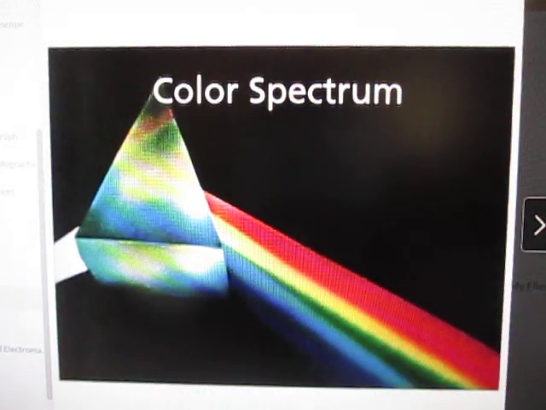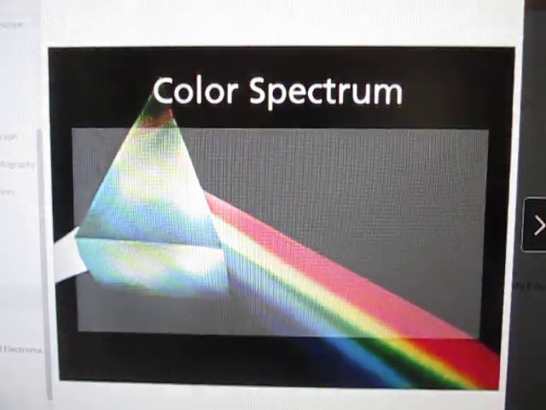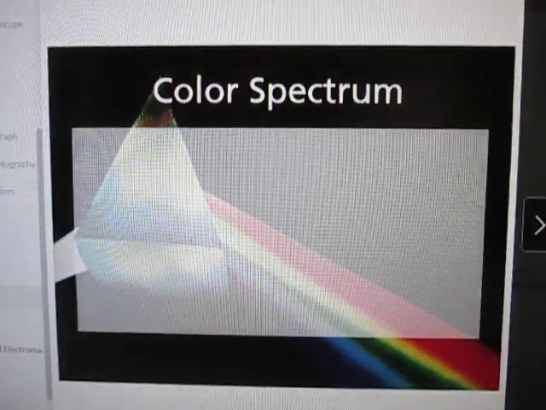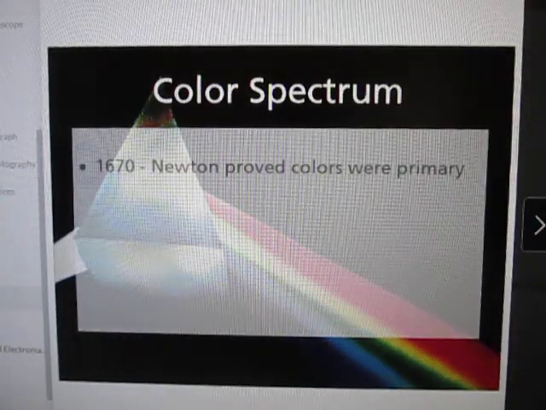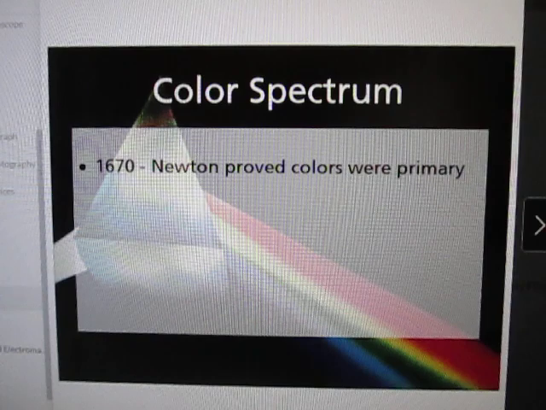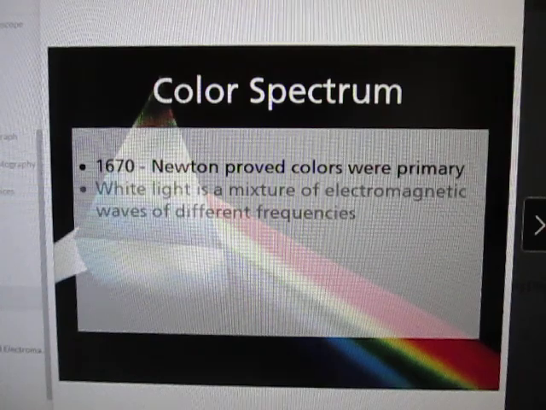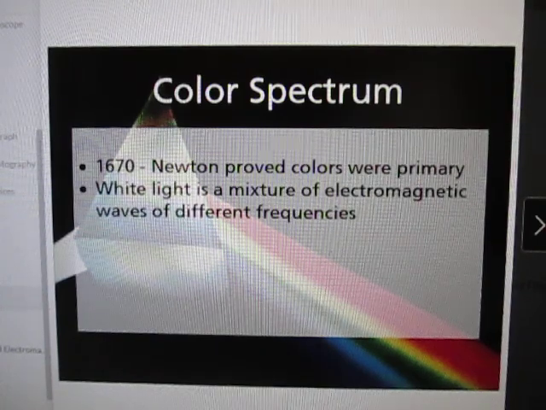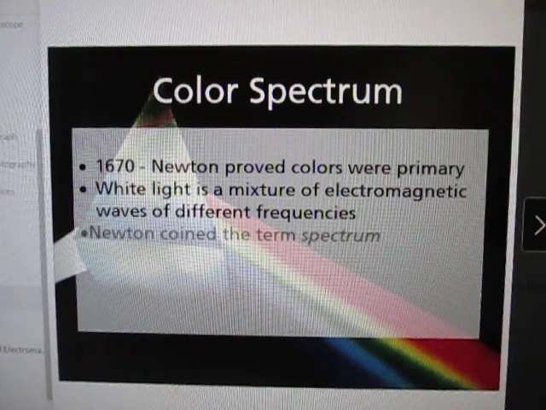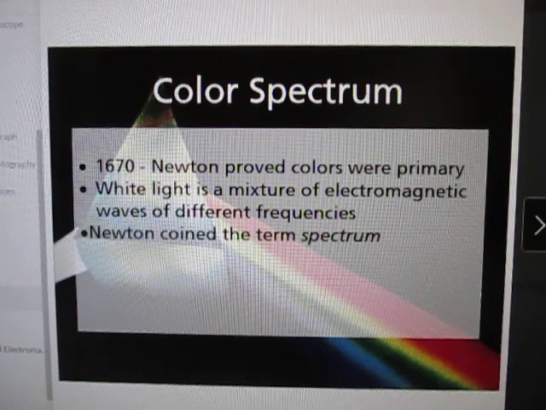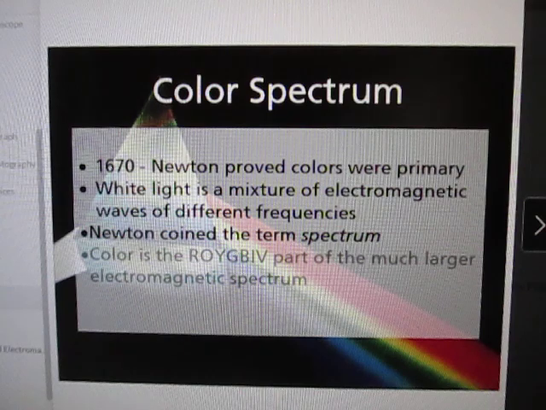In 1670, Newton proved that colors were primary. Today we say that a beam of white light is separated into its component wavelengths, each of which appears to the eye as a different color when dispersed through a prism. So white light is actually a mixture of electromagnetic waves of different frequencies, each of which produces the visual sensation